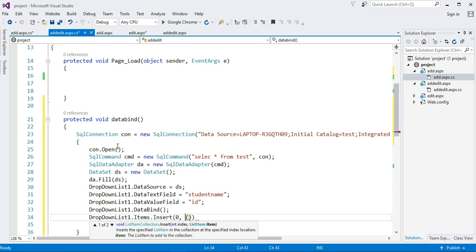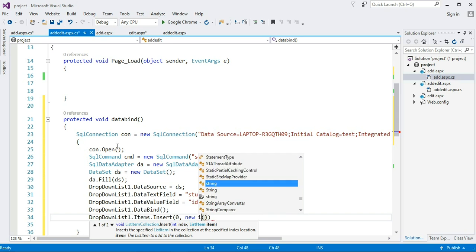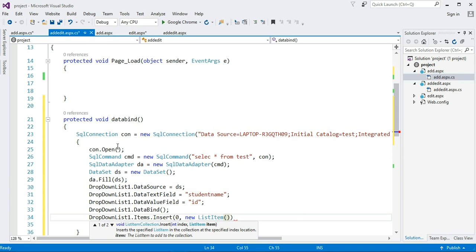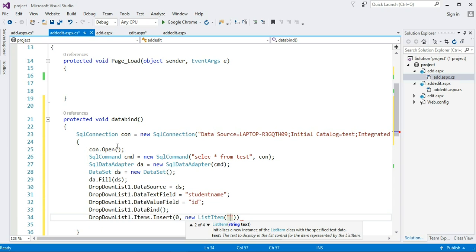It means this item is at the top of your drop down. New list item. Now give the name. I give the name select, and pass the value 0.